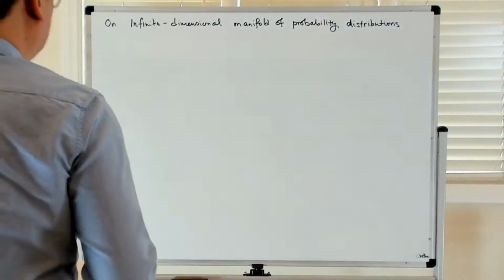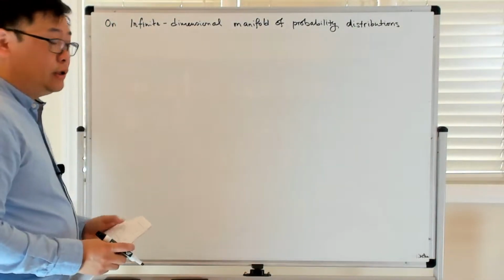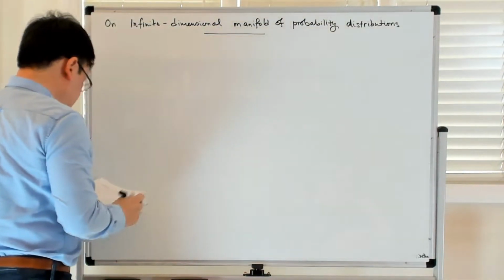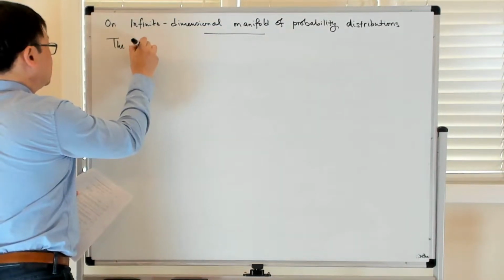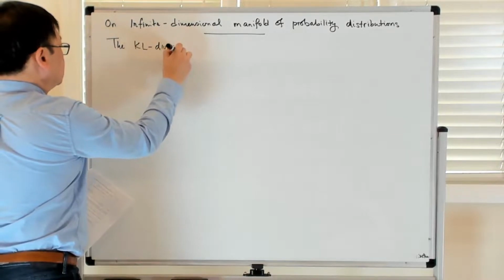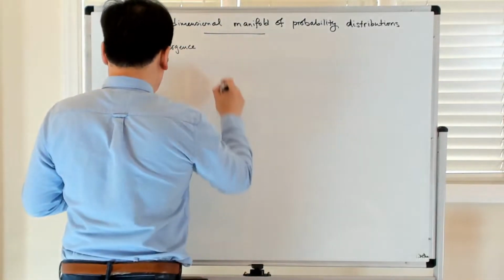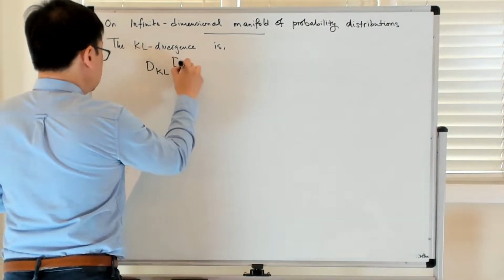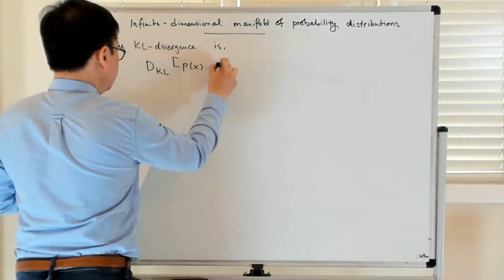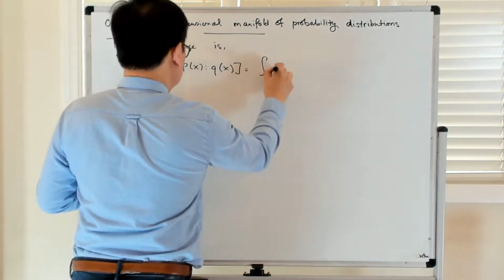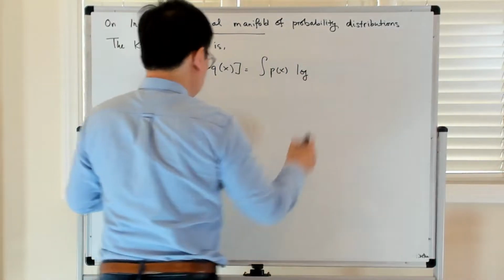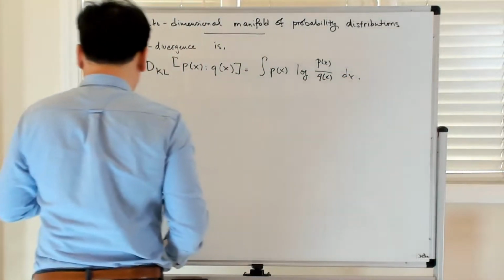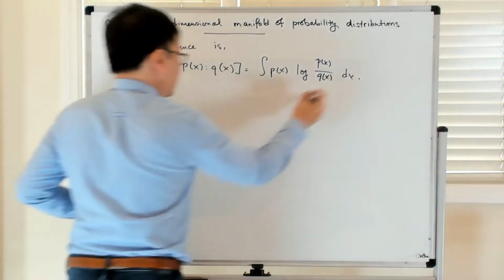All right, so now we're going to continue talking about this infinite dimensional manifold of probability distributions, and in particular we're going to talk about the associated KL divergence. So the KL divergence is given by the following. So dKL between two probability distributions P and Q is the integral of P of x log P of x divided by Q of x dx, which is the Bregman divergence, as you probably know by now,